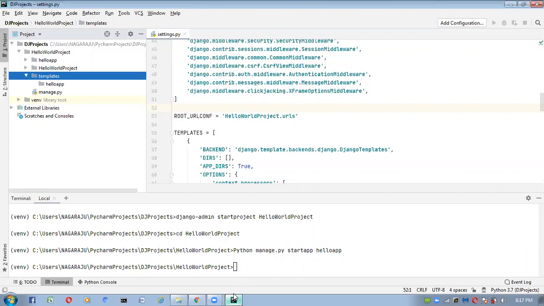Why? Our applications are all pluggable applications, and we can use these applications in any other systems also. Tomorrow, suppose you give this project to another person and that person tries to run this project on a separate machine. Maybe in that system the templates folder is located in some other drive.